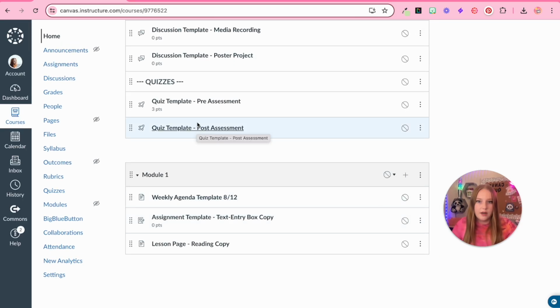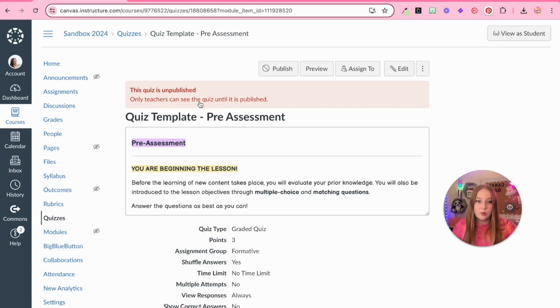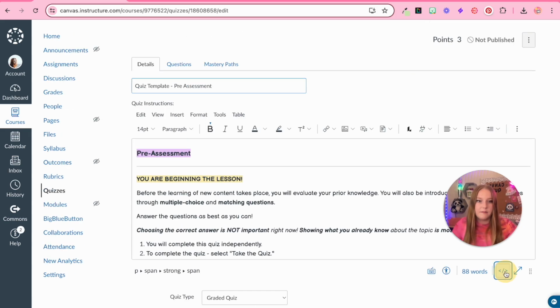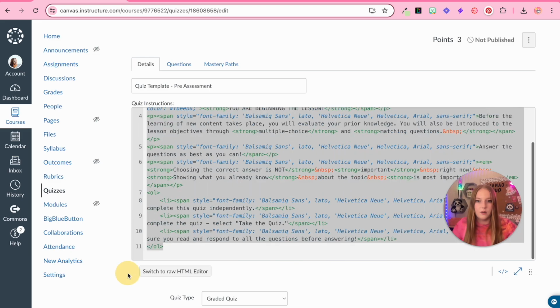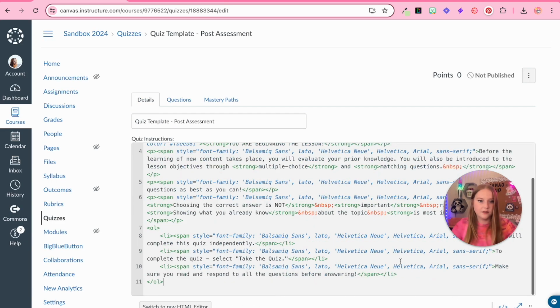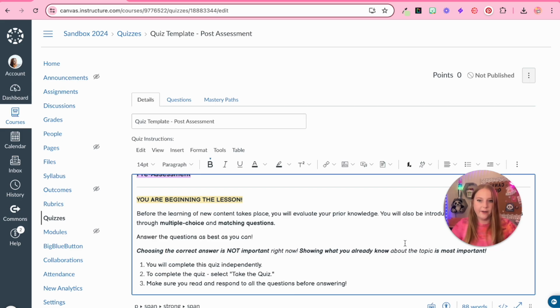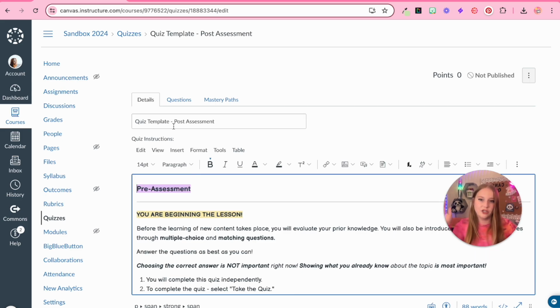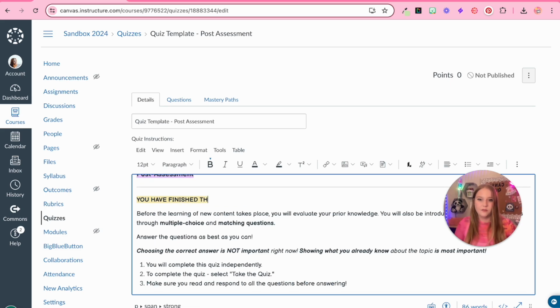And now what I'm going to do is click edit, and then I am actually going to copy the code, go next, click edit, go to the HTML editor, paste this in, and now I already have my template here. I just have to add in the questions from a question bank. So now I'm just going to change this up. We're going to do post assessment. We are not beginning the lesson this time. Finished the lesson